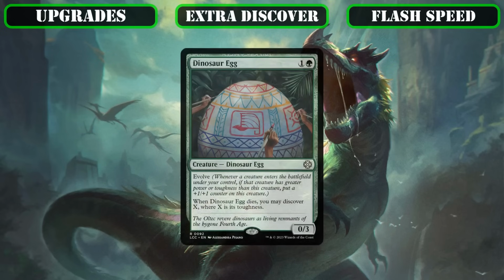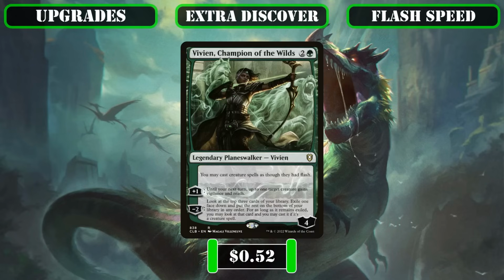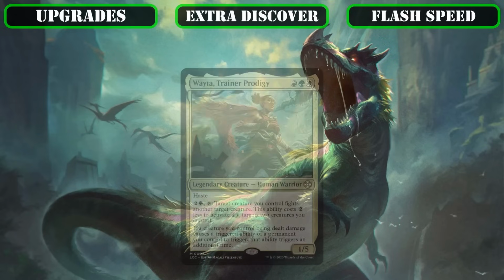by removing Dinosaur Egg, which fits the Dinosaur and Discover theme on paper, but is a bit too slow and too hard to proc due to our build's lack of sack outlets, in favor of the Planeswalker Vivien, Champion of the Wilds, who passively allows us to cast any of our creatures at flash speed, while also providing additional upside via turning one of our big statted dinosaurs into a defensive juggernaut for a full rotation via granting it vigilance and reach, or by letting us dig for more dinosaurs to cast and trigger Pantlaza later,